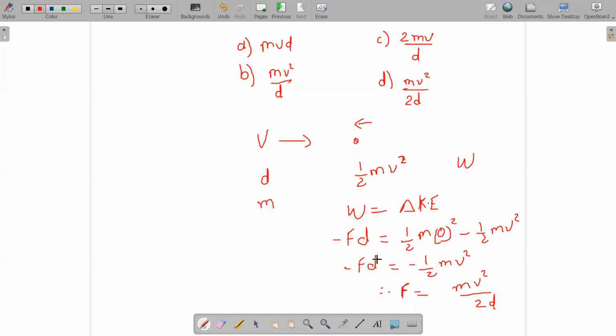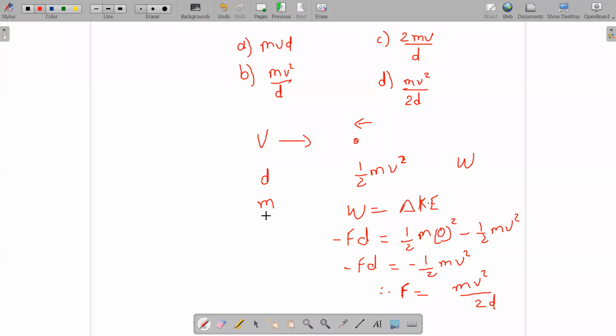This is the step. Work done is change in kinetic energy. What is the work done that you need to understand? It is said the work done by the person, so that is correct. Here minus will come, minus of Fd. But the change in kinetic energy is final minus initial, so there is also a minus in this case. So finally the answer of force is positive. All right, so that is this question.